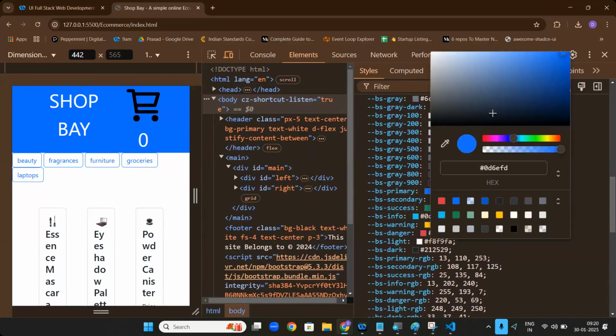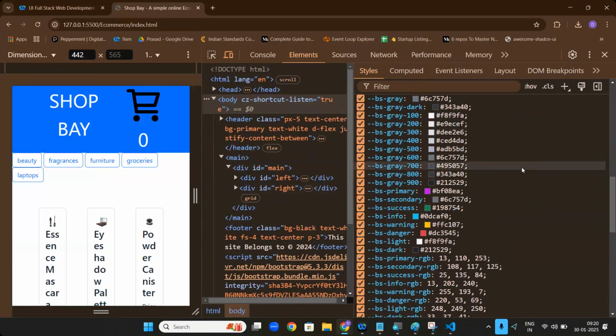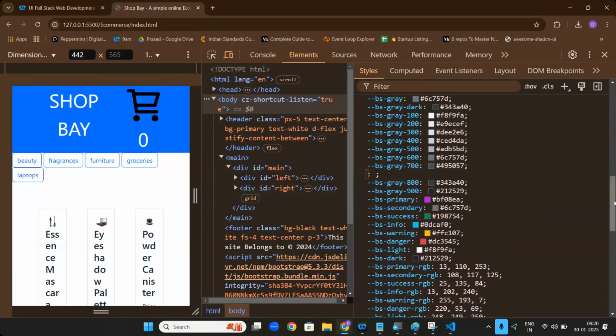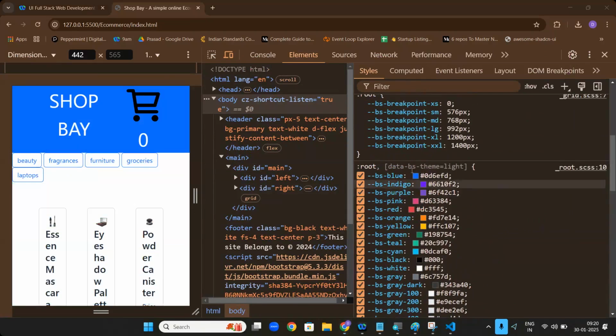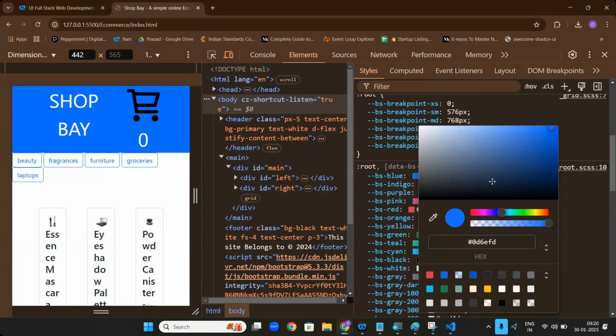Imagine I change this blue color to pink color. If I say this BS dash blue also, something like pink color,